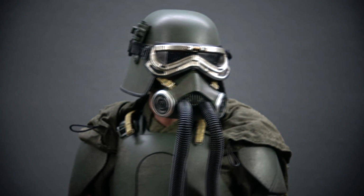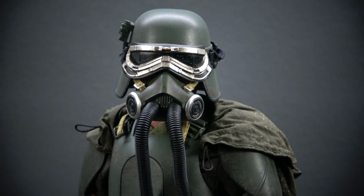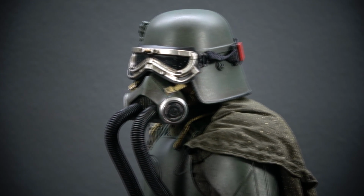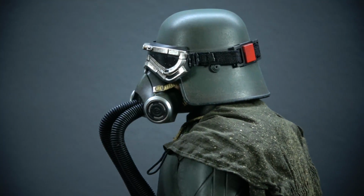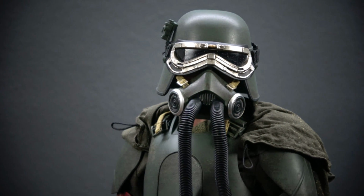Not bad, easy. And I'm assuming these hoses bend back into his backpack and give him some type of oxygen to breathe on Mimban. Mimban had a hostile environment. It was kind of screwed up, the way the environment's atmosphere was. So they had to wear these masks, I guess, that prevented that from...